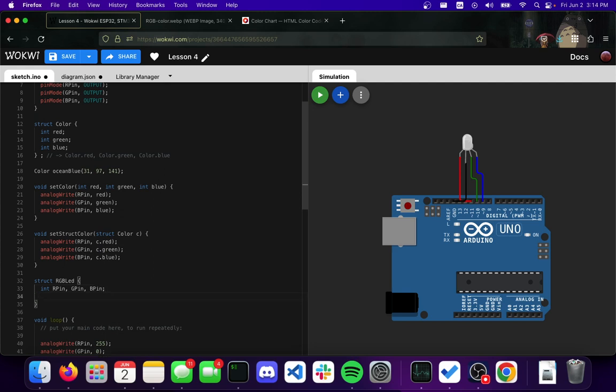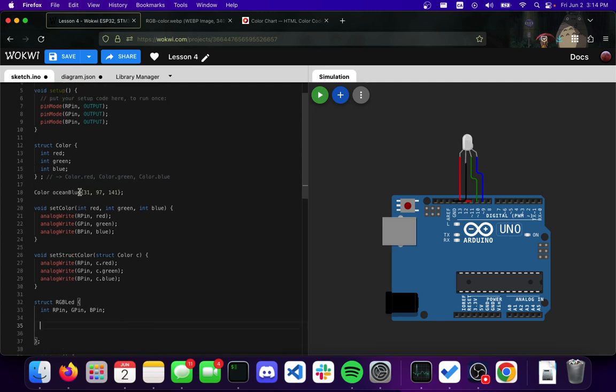And then we also need to define, not a default color, but we need to start defining the struct itself. And so what do I mean by defining the struct itself? Well, for simple variables like this, it's easy to initialize by just packaging the variables together in a bundle. But we can actually add functions on the inside of a struct because of the new C++ conventions. And so one of the functions we can add on the inside of the struct is, we could call it, like our RGB LED Constructor. So we could say RGB LED